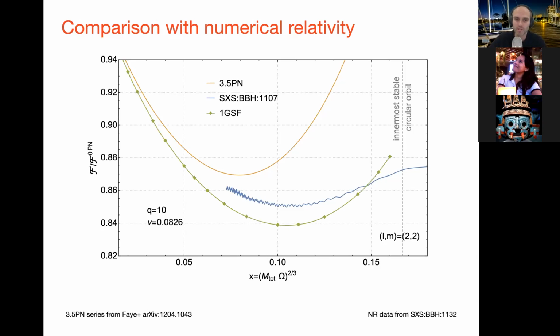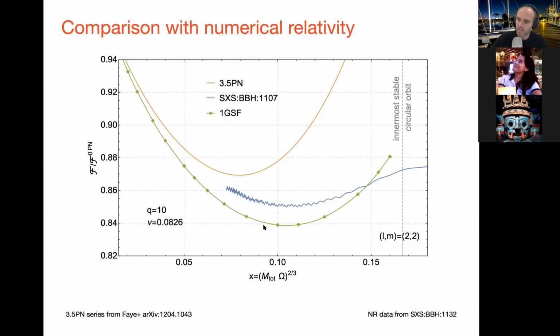The next thing I will plot is the first order result. So what we get from first order perturbation theory, which I've called 1 GSF, or gravitational self-force. And actually this is the result that you could have plotted, the same curve, you could have plotted this in the 70s. So once people have written down the Regge-Wheeler-Teukolsky equations and solved those for circular orbits, you could have made this curve.